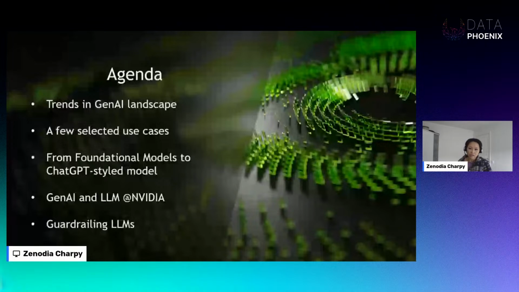From that point onwards, we're going to distinguish the difference between foundation models, LLMs, and ChatGPT-style models. Afterwards, because I'm from NVIDIA, we would definitely look at what NVIDIA can provide when it comes to generative AI and LLMs.